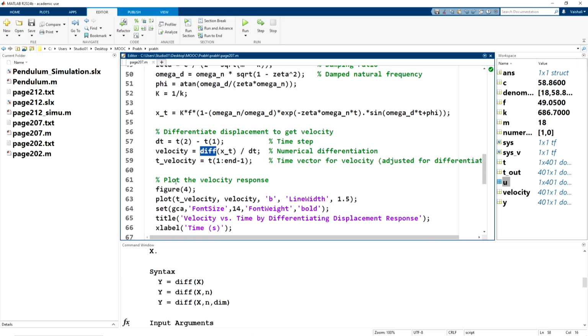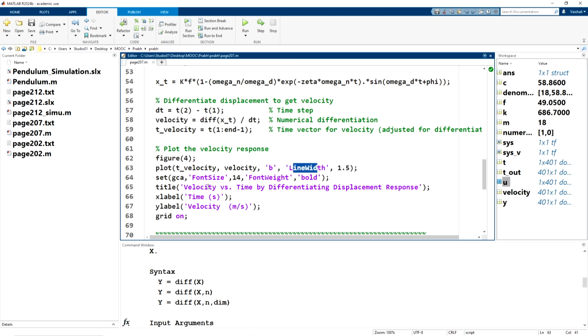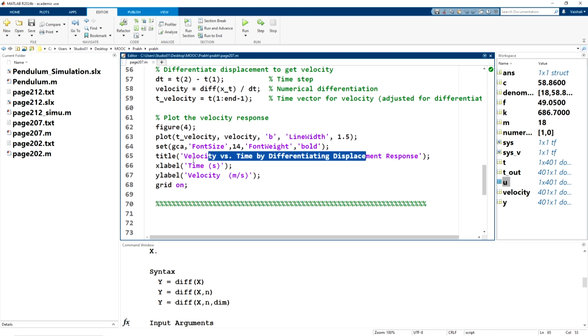Then finally plotting the velocity response, that is figure 4. Plot t underscore velocity, the variable name that I have considered before, in the x-axis, and in the y-axis we have velocity. V is again the blue color, line width is 1.5, title velocity versus time by differentiating displacement response.